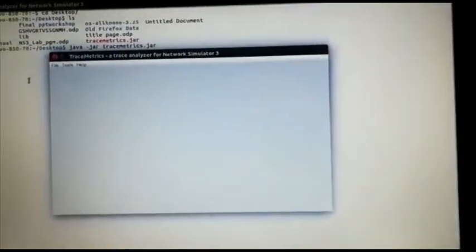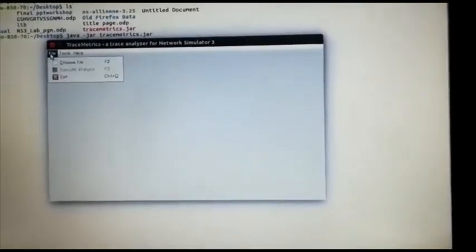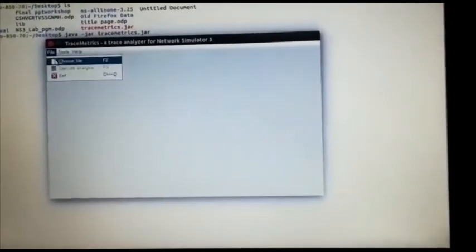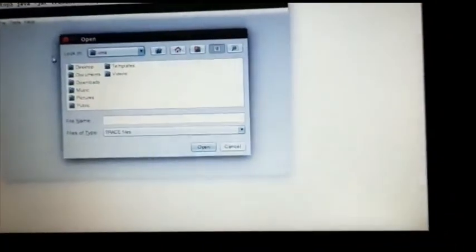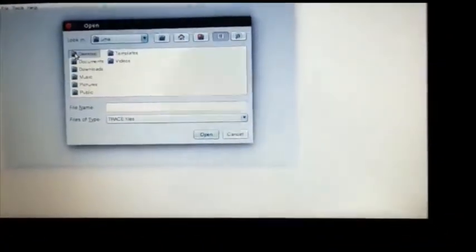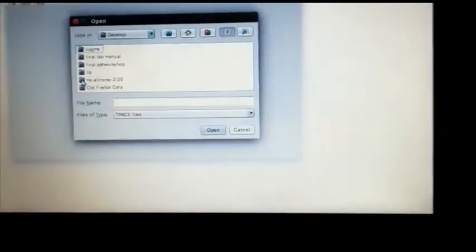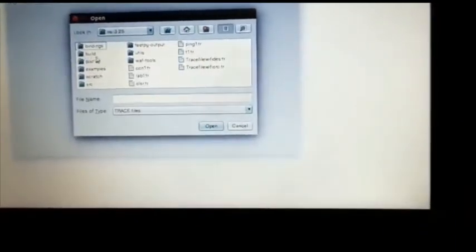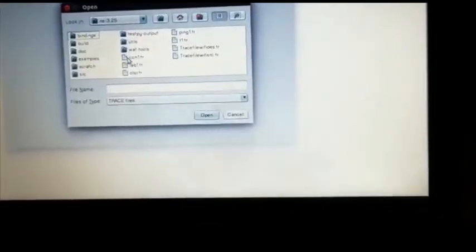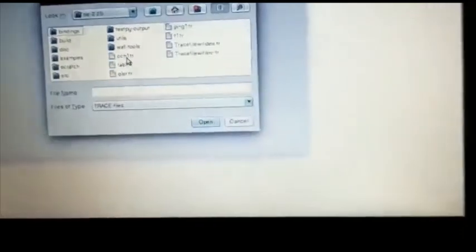Now in this trace metrics, whichever file you want, you can choose file, and remember our files are in the NS3, so I have to open ns-allinone, ns-3.25, and in this ns-3.25, can you see .tr files?